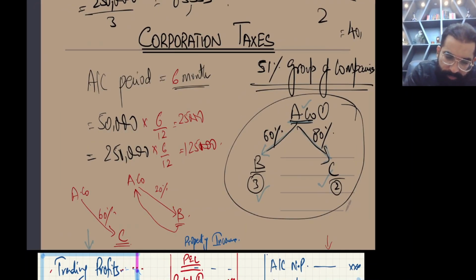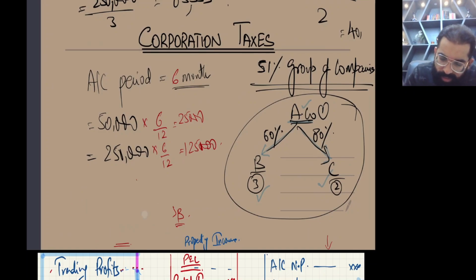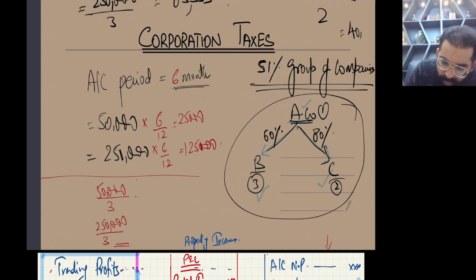Normal limits are 50,000 and 250,000. You will be doing 50,000 divided by 3 and then 250,000 divided by 3. So it's going to be 16,667 and this is going to be 83,333 something, I think,